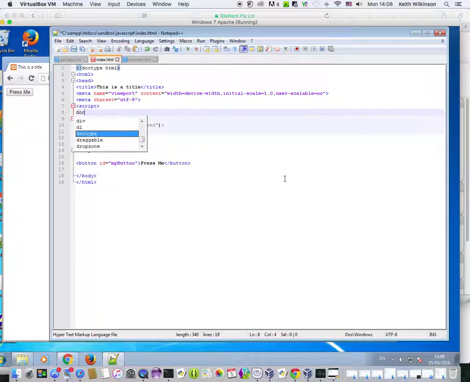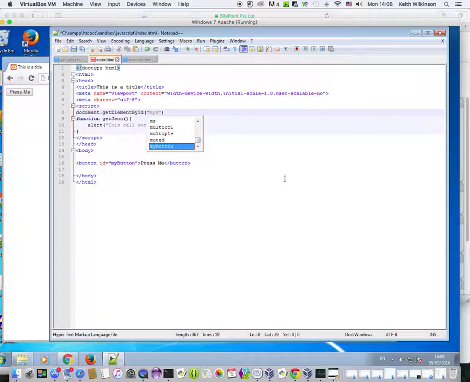So I specify the document, which is the page, and then I say get the element, so it's anything in angle brackets, by its ID, and I need to specify which one I'm talking about. So in this case I've only got one, it's called my button. Remember, I could have had my button too if I'd have kept both buttons on there. And then I want to say I'll have it